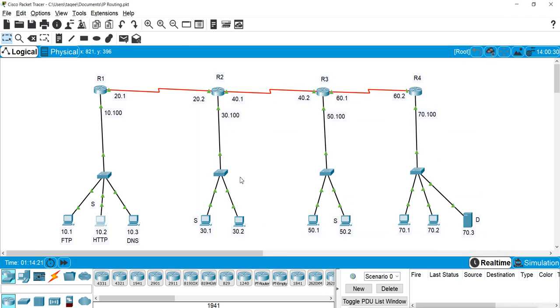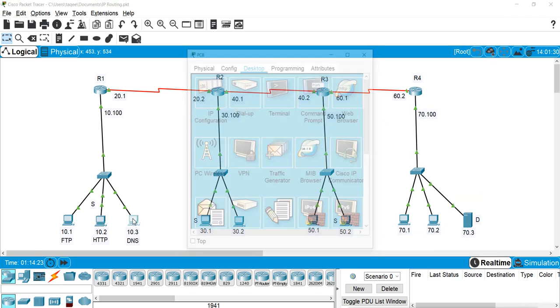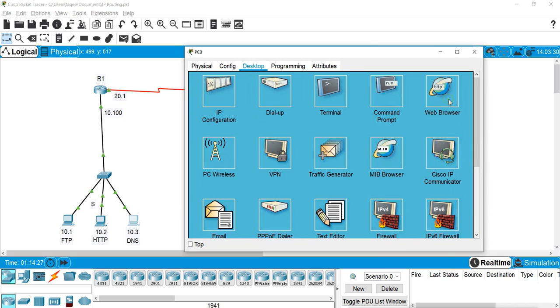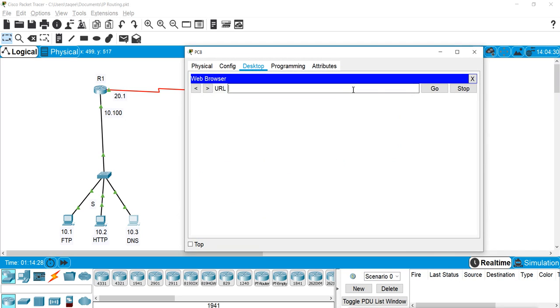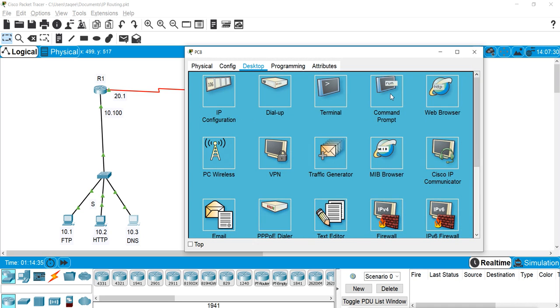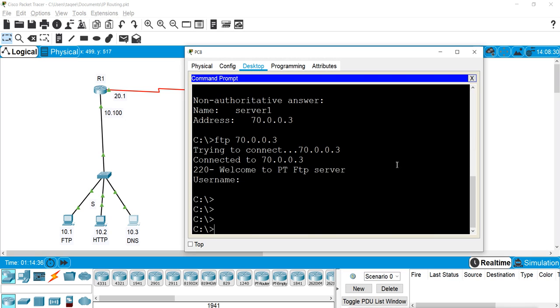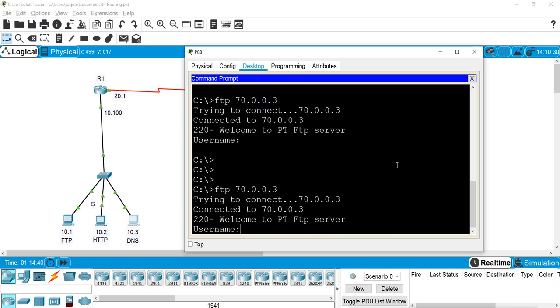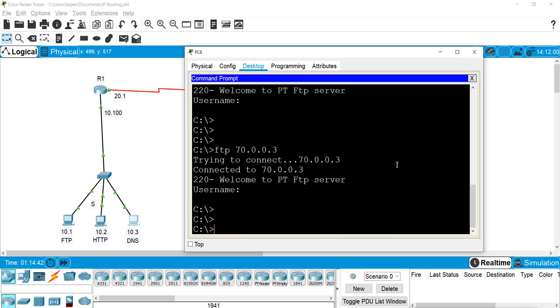Then for this machine we denied the DNS, but other things will work. That means it can access the web server. It's getting the server, and also it can access the FTP server. It can access, but it cannot use the DNS. It cannot use NS lookup to resolve the name.